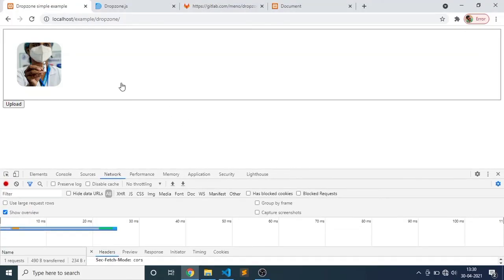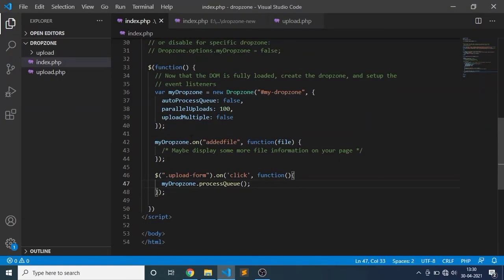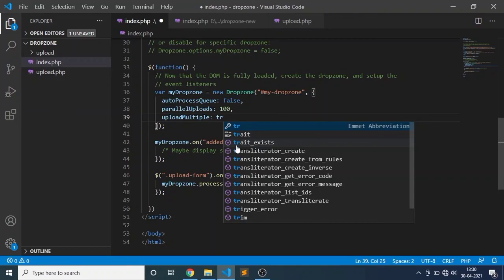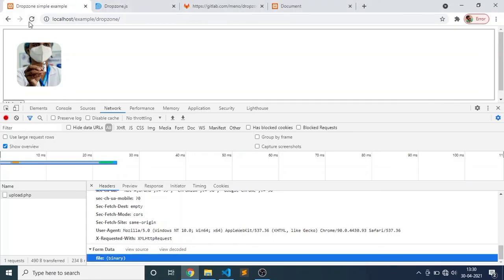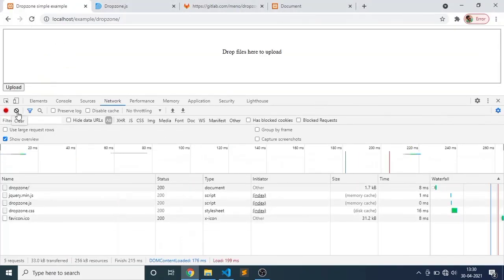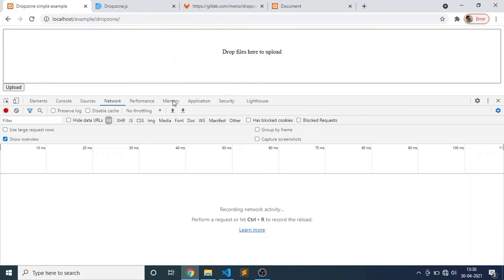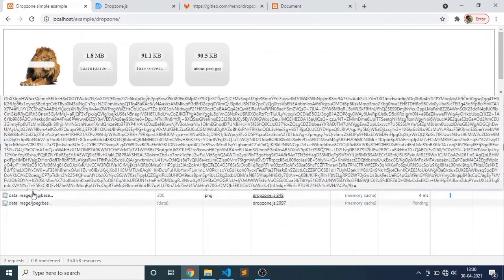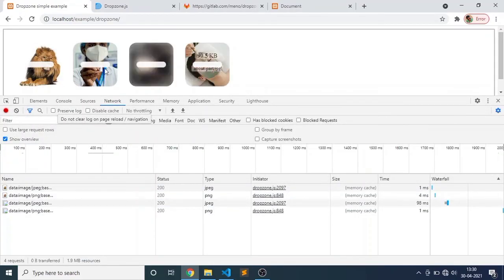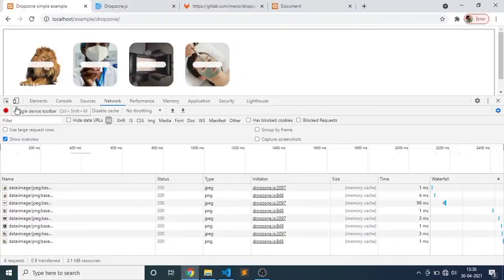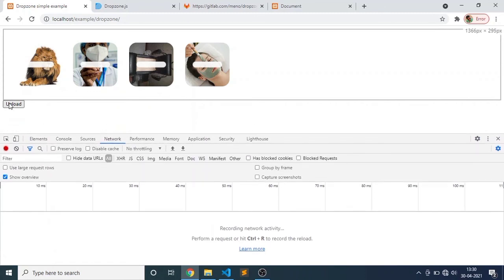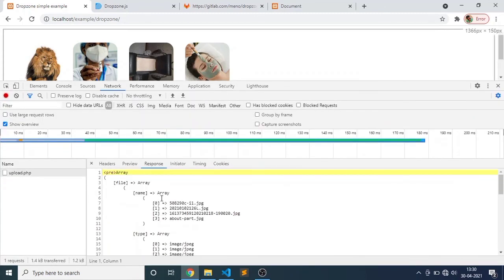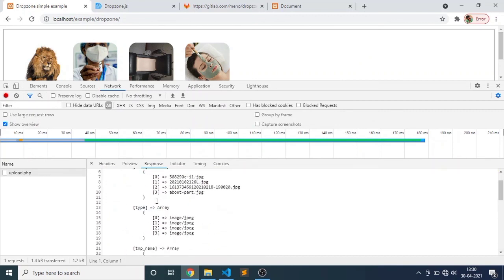Now you see this, if I have uploadMultiple enabled through here, then what happens? If I select multiple files, 1, 2, 3, 4, it shows all the file previews, but when I upload, only one file call is made, and you can see all the file counts uploaded in here.